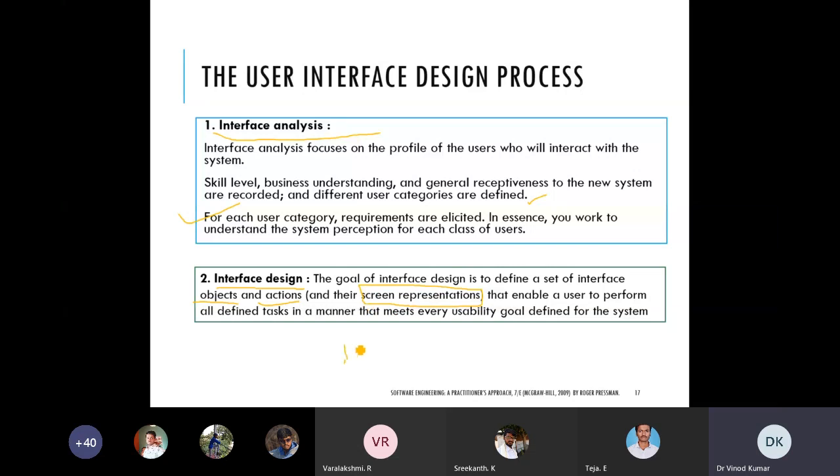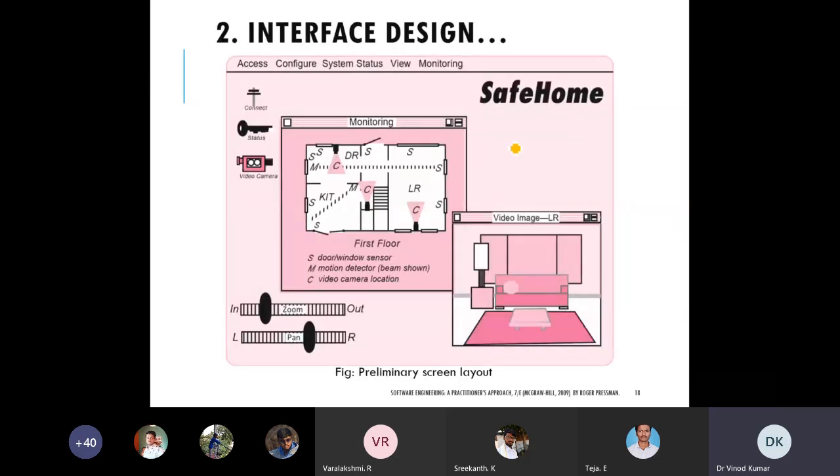Suppose for cut, generally we use the scissor symbol. This type of representation we do at the time of the design process. Just one example I am telling. Similarly, you can visualize Windows or any interface. You can see the SafeHome home security system we have seen. The same thing: the requirement analysis and designing, everything we did at the component level. Then the final interface, which we will show to the user, shows how it will look.